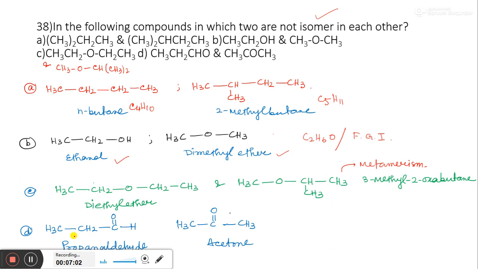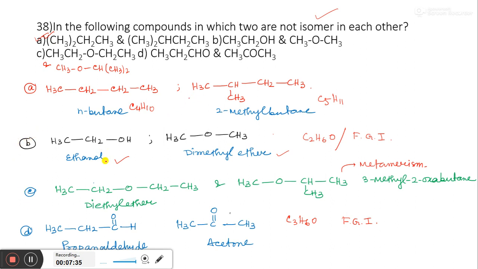The fourth option is propanaldehyde CH3CH2CHO and acetone CH3COCH3, having the same molecular formula C3H6O, and these are also an example of functional group isomerism. So in option 1 they are not isomers of each other. So option 1 must be the correct one. In the first pair, n-butane and 2-methylbutane are not isomers of each other, but the other three pairs are